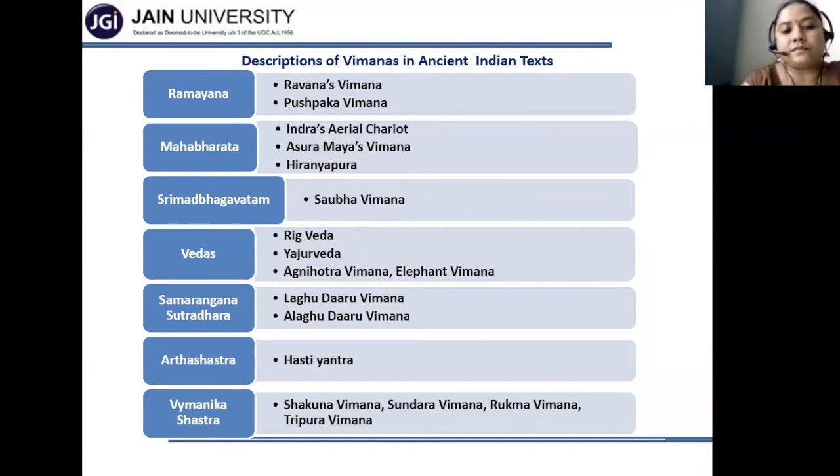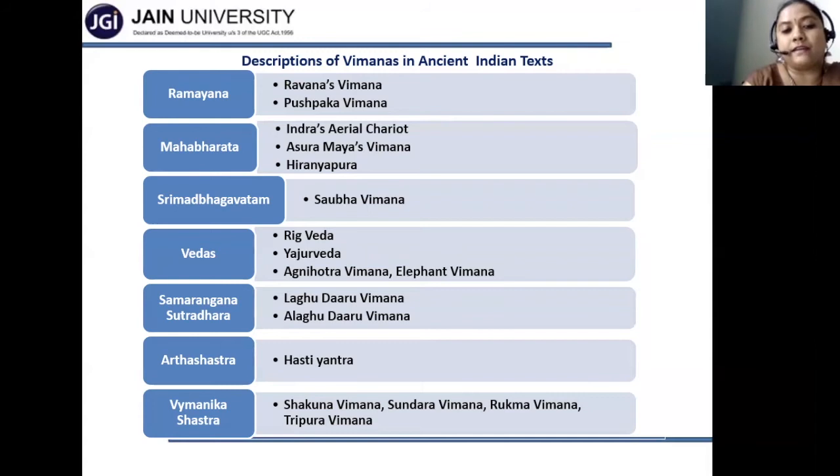So we have a description of these Vimanas, which can be compared with the Hasti Yantra described in Artha Shastra. Alaghu Dharu Vimana was making a roaring noise because of mercury being used as propellant, and that could even be used to scare away elephants